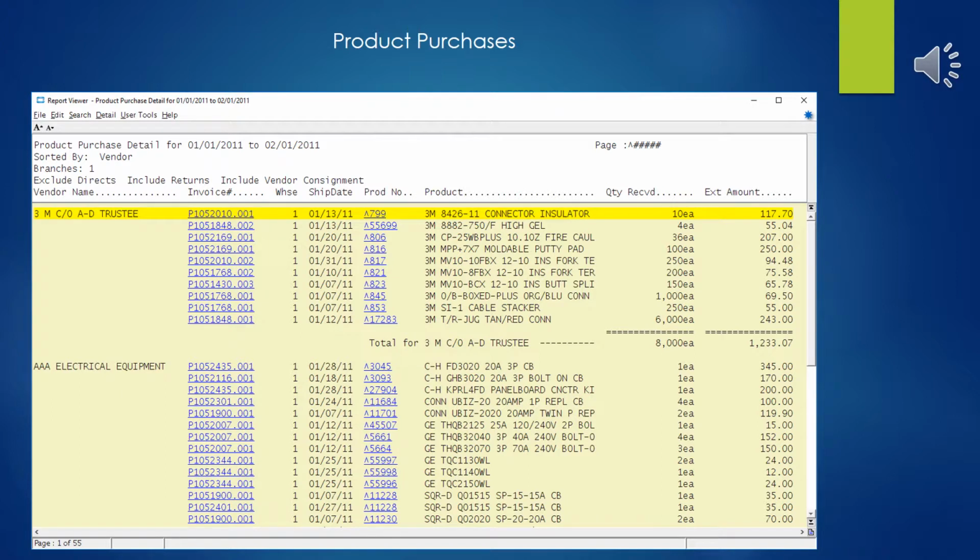Here's our example report output as viewed through the hold file, and as you can see it gives you a nice breakdown by vendor, gives you your purchase orders, gives you your ship date, gives you the product number. You click on little blue links, you can drill down into the purchase order and see what was going on with that, and view the logs, or you can go into the Eclipse record ID for the product and look at parameters in there, and forecasting, future